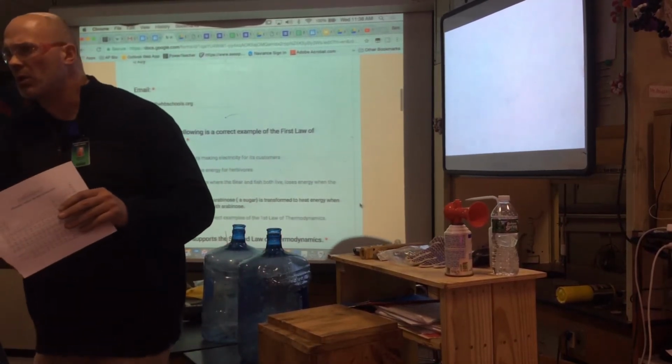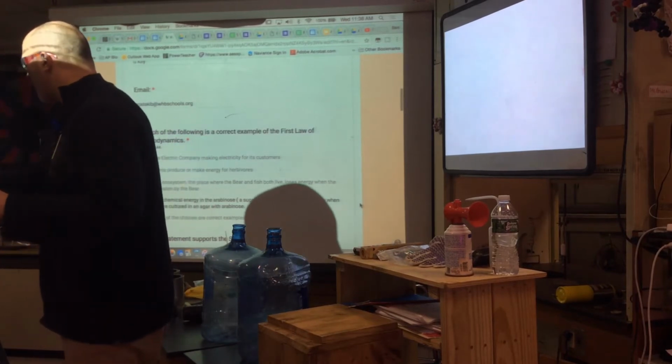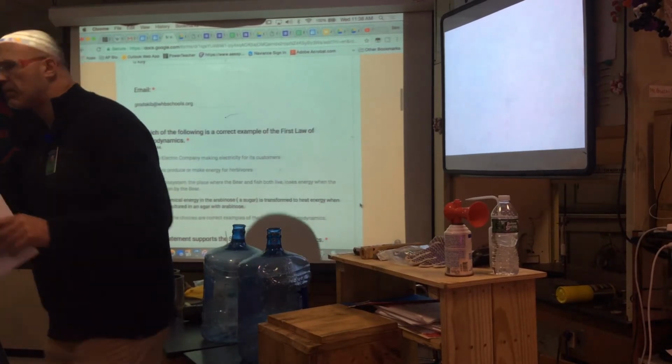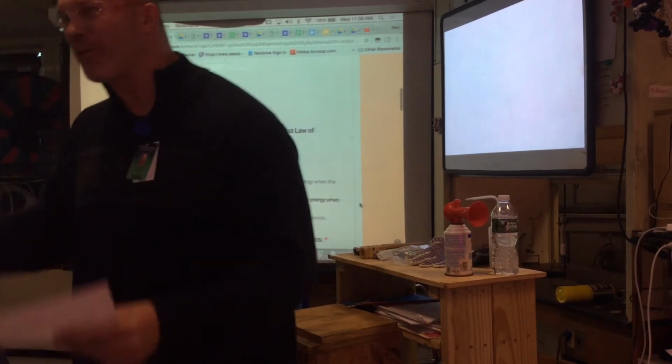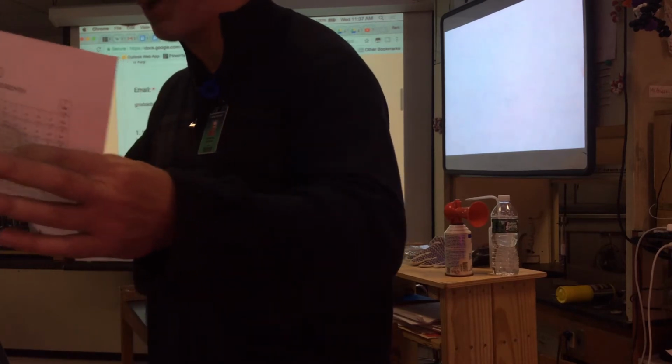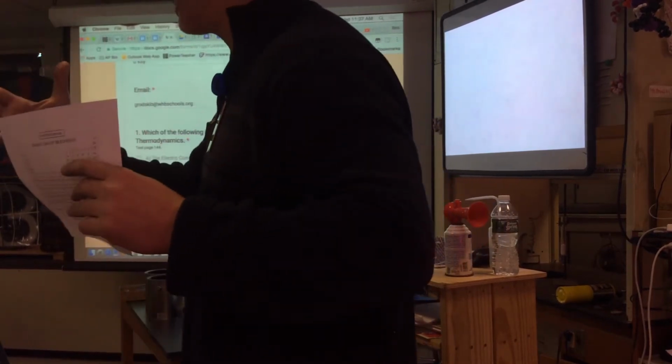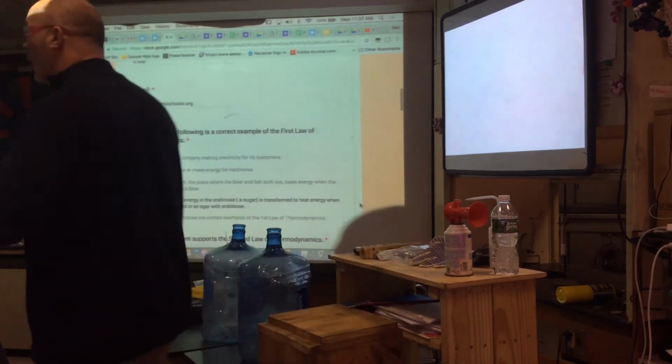When you spark your barbecue to start the propane burning, do you keep the spark on? No. Do you need a battery for a battery for a battery? No. So a battery works because it's set up that the universe allows it to go forward to give off voltage to power things. This will keep going. I do not have to keep a light there. So this is spontaneous. And a spontaneous process is one that is self-sustaining. That will go by itself.